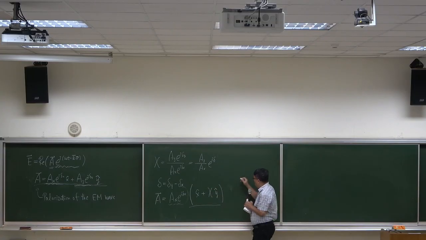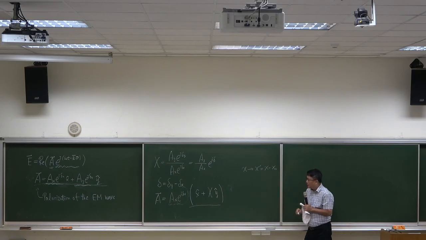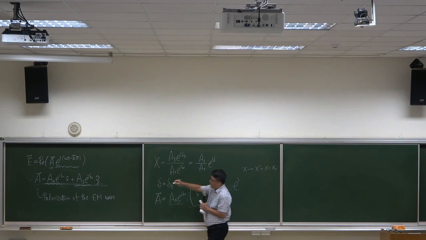How? If I change our coordinate from x to x prime, which is x minus x0, say, then if I write this as